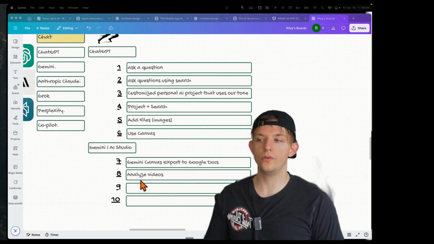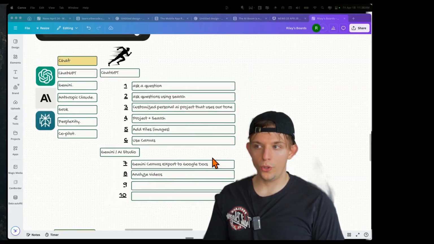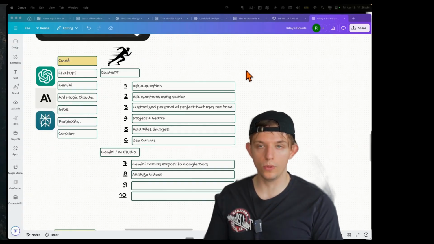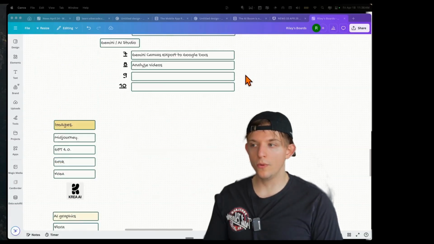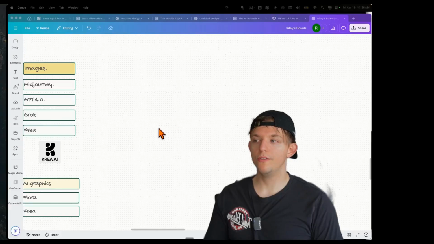And you can also use the AI Studio, which is Gemini's AI, to analyze videos. And you can actually use all of these functionalities within your own apps that you can create, as we will get to later. But what I really want to move on to is images and how to use visuals in your workflows